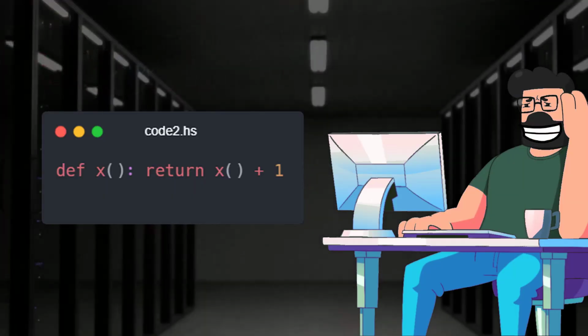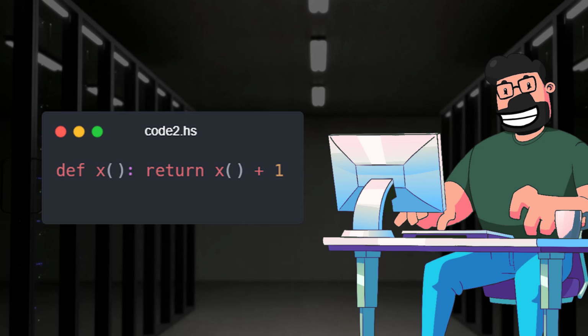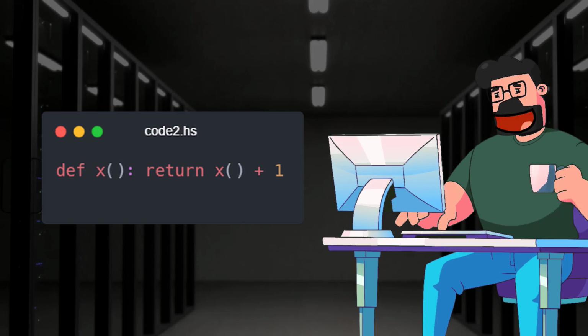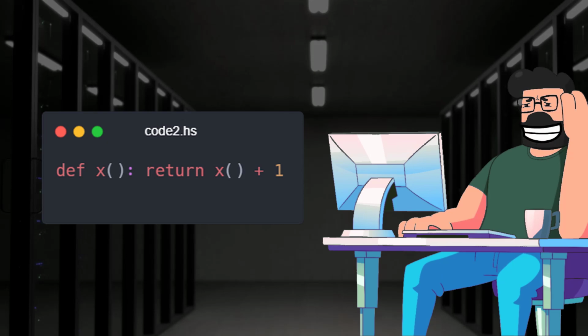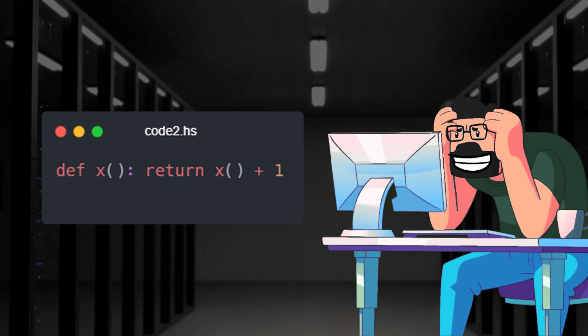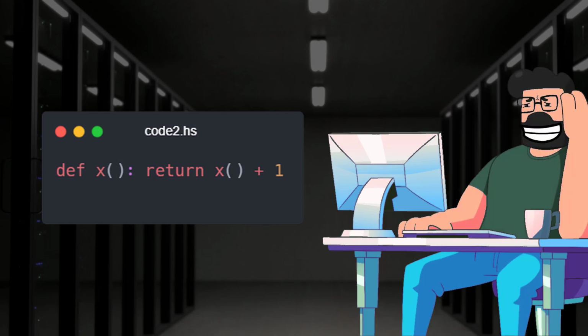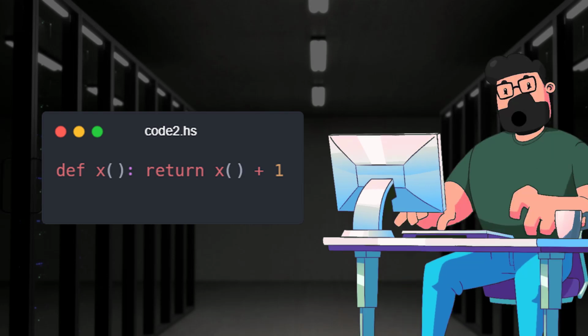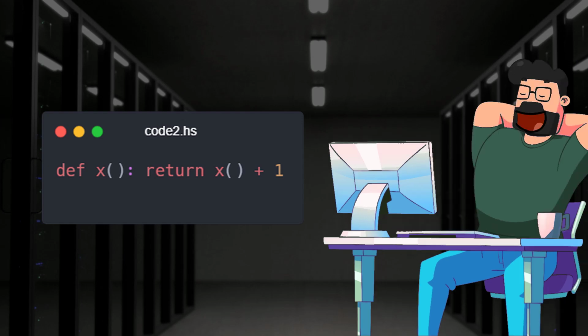In a similar vein, the solution to this issue can be illustrated using a Python equivalent, def x: return x + 1. Just like in Haskell, the function x is defined in terms of itself, resulting in a recursive call that never terminates. This recursive structure causes the program to get stuck in an infinite loop, preventing it from reaching